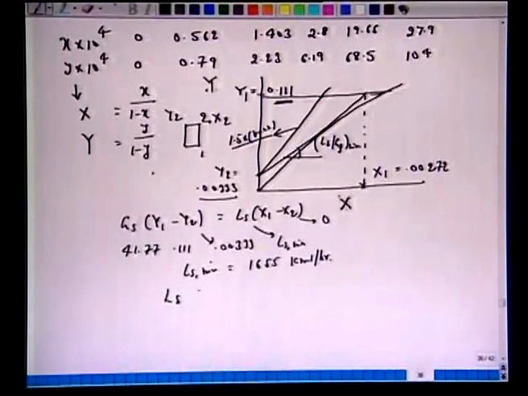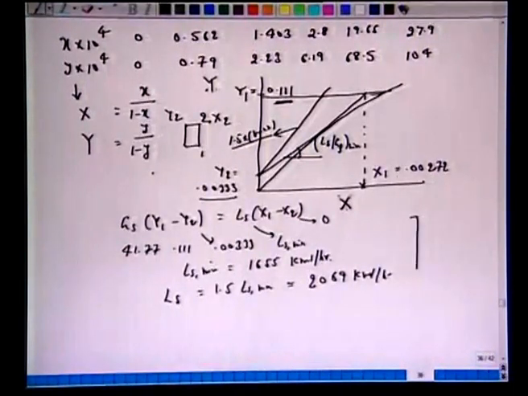That means operating Ls is 1.5 times Ls min to make it 2069 kilomole per hour. So, the idea of doing this exercise is, either you write down the expressions or directly from here, if you know the slope, take 1.5 times the slope, obtain this curve, and you can get x1 operating, which you can show that this quantity will be 0.0002174.